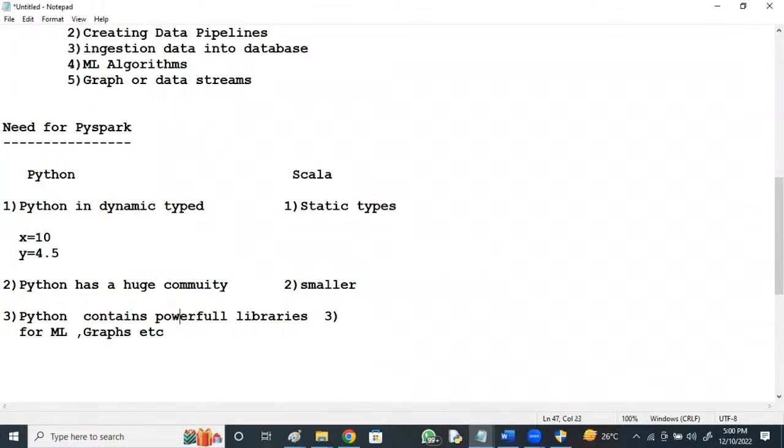Scala also has powerful libraries, but as compared to Python, a little less.